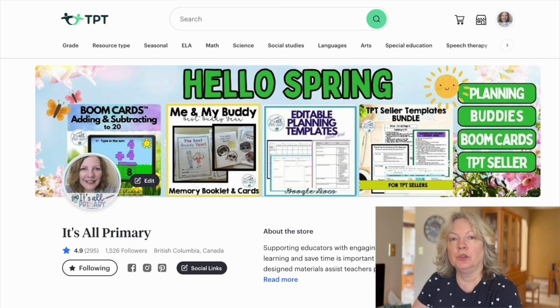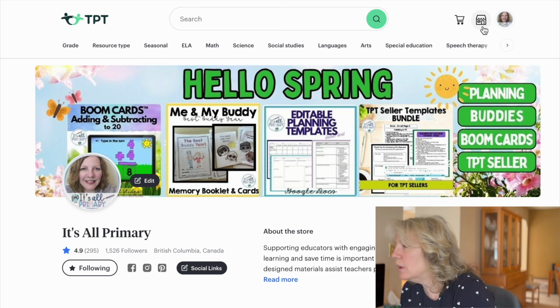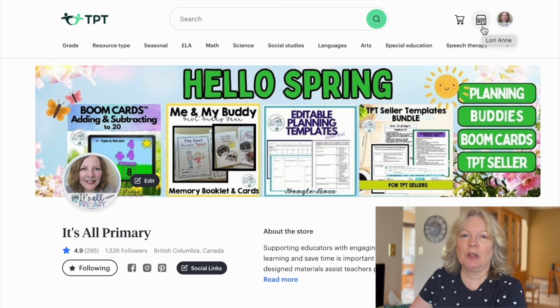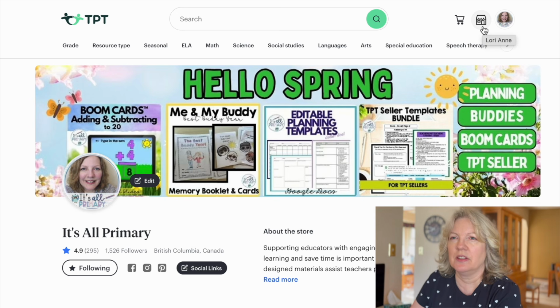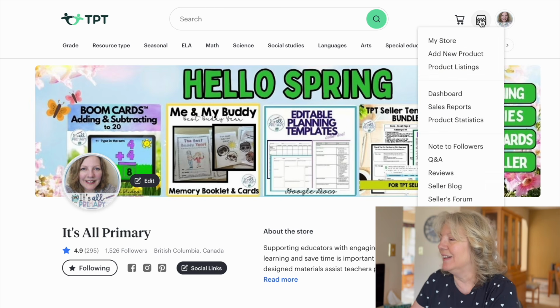In order to get to your Product Insights tool, you are simply going to go to your dashboard. So go up to the house or this shop. For the longest time, I called it a house, and I think someone said it's actually like a store. It's your store. Okay, got it. Go to your dashboard. By the way, if you look just 2 down below, your product statistics. If I click on that,